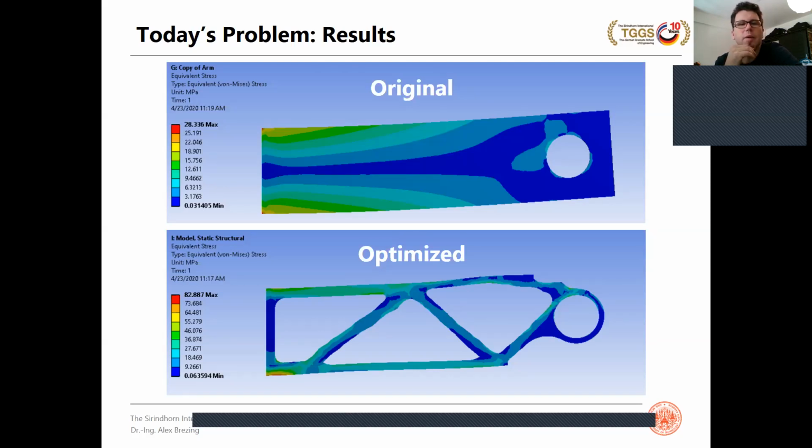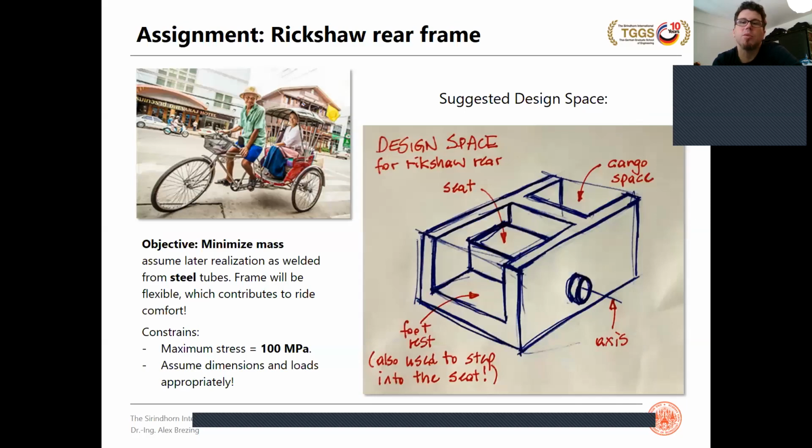And there will be maximum stresses according to what you allowed. And again, there will be some deviations. So this is going to be the example, and I will already mention what your assignment will be. And you could say it's basically the same, but it seems more complex, but the work steps are very similar. So the assignment will be for everybody to find a new topology for the rear part